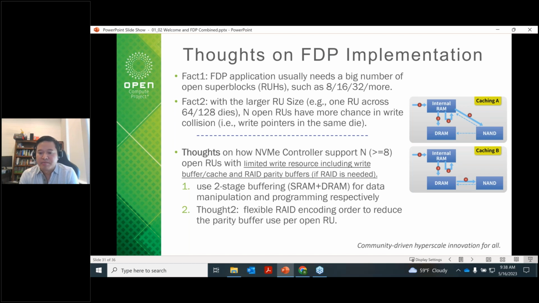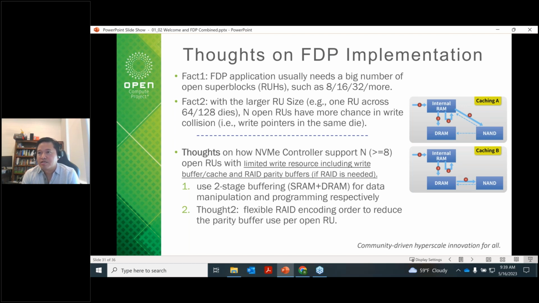Yeah, we already know FTP can help reduce the write amplification, but from the controller vendor, we are seeing many challenges in the FTP implementation. So there are some facts we want to share and some thoughts about how to help the FTP implementation. The first fact is FTP applications usually need a big number of open super blocks, such as 8, 16, 32 or more. The second factor is with a large RU size,